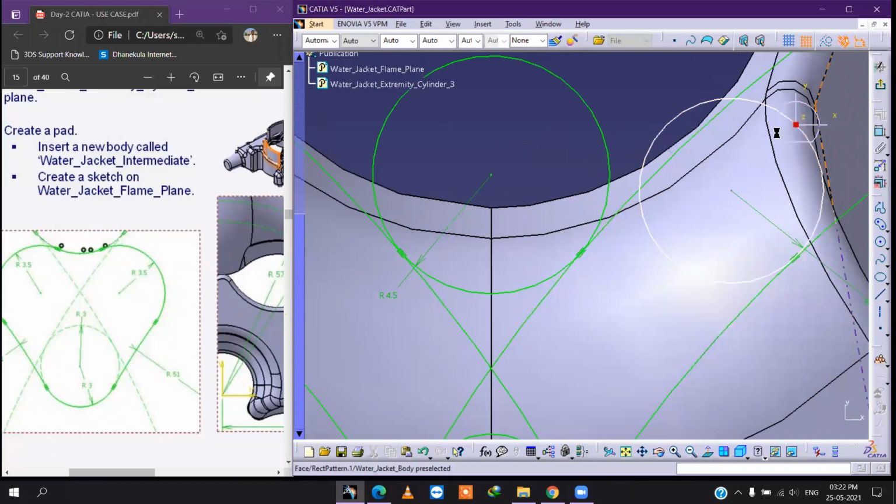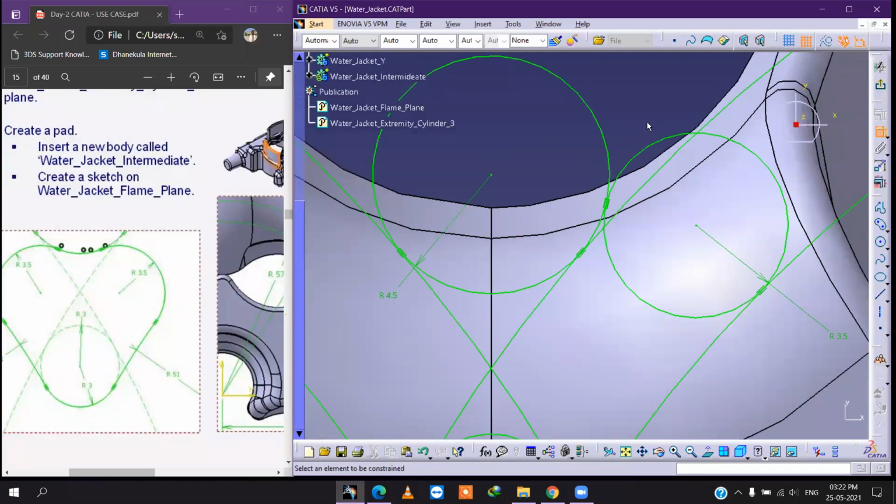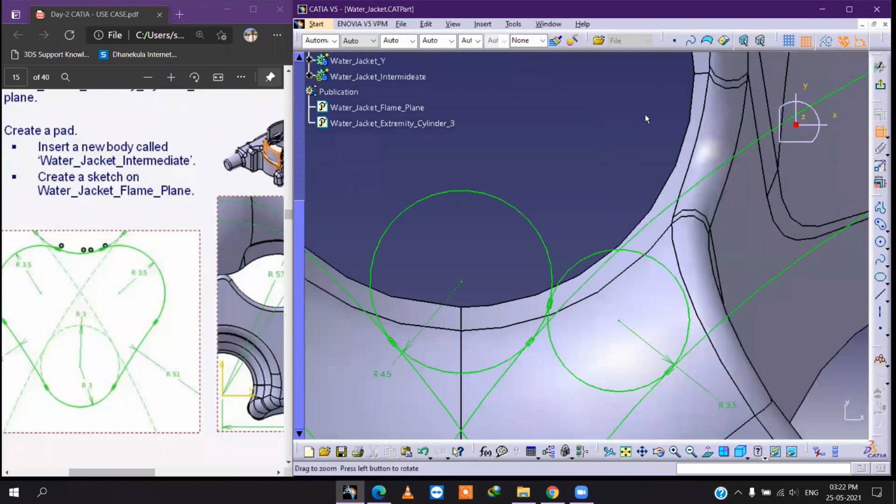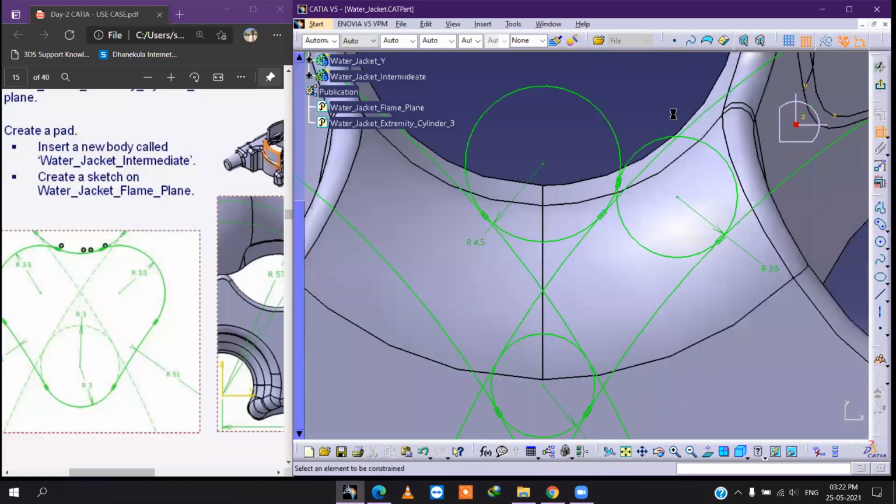That's why you have to give this one to this one. But not like this, it will come under. Just drag it. And now you give it.